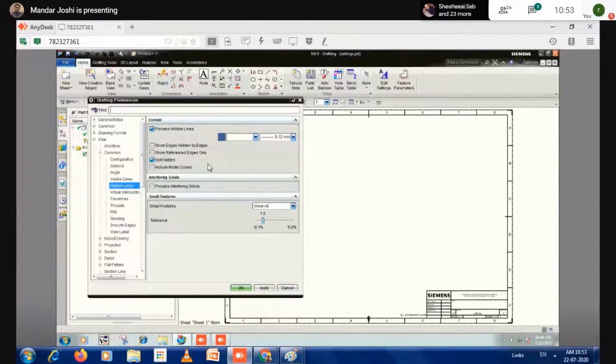So what do you have to do to hide the dotted lines? For hidden lines, what is the setting given there? Invisible. Here the types of dotted lines are there, but we never use dotted lines in any drawing. So that's why I'm taking the invisible option. Generally dotted lines are shown as dashed lines, but we never use those lines. That's why make it blank, invisible. What next? Okay, seventh, eighth, view, sections.